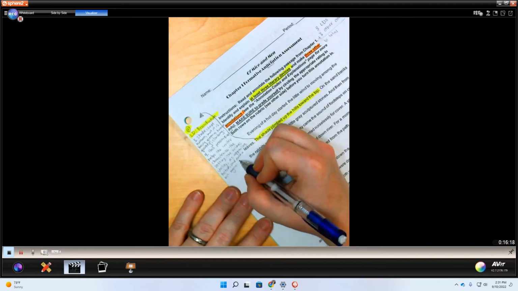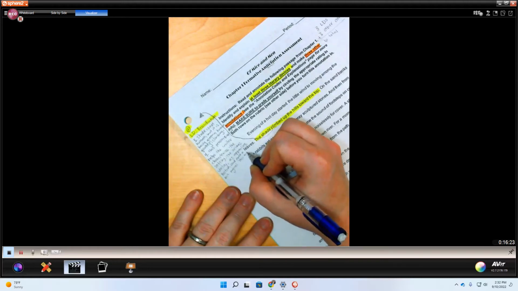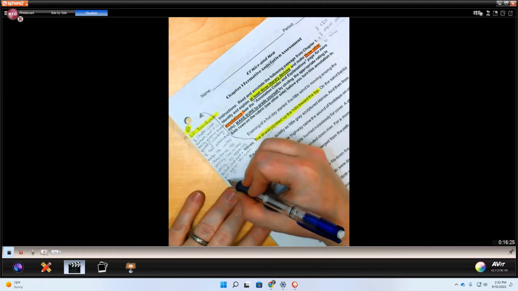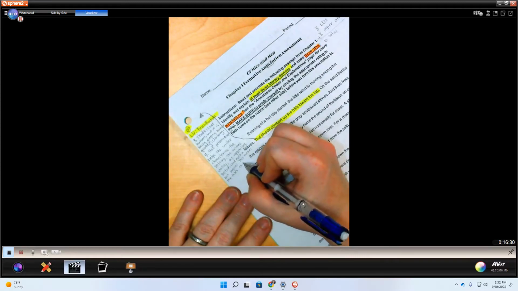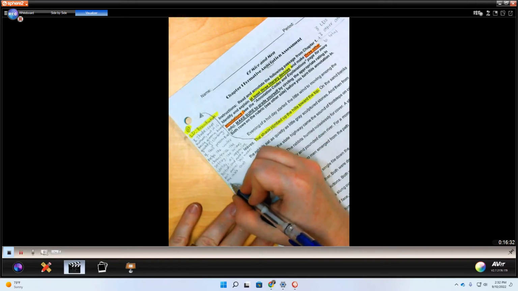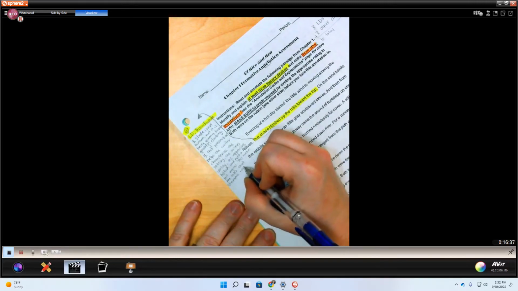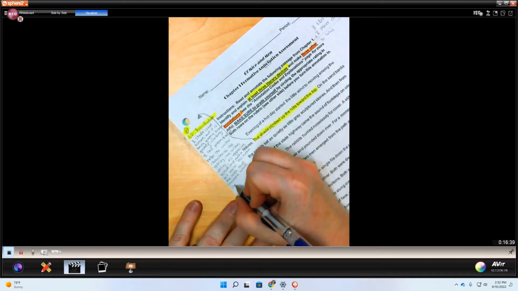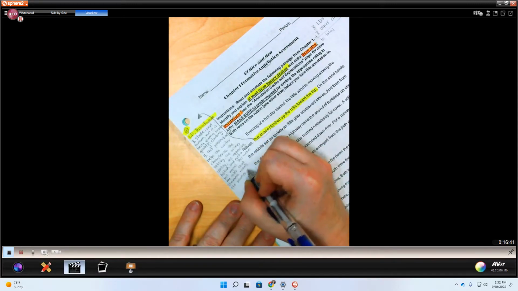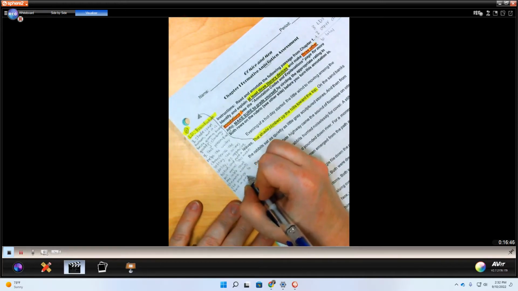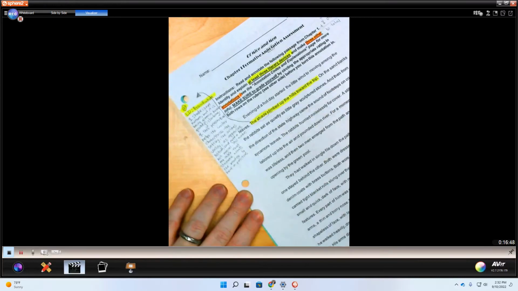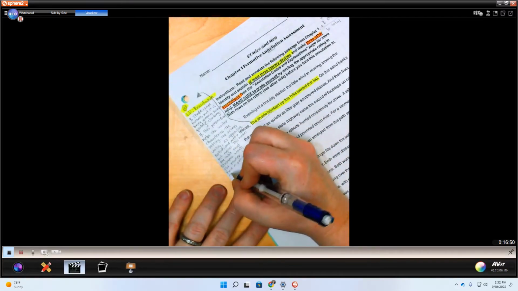And then I'm going to put, this makes me think that Steinbeck wants the reader to have a positive connection